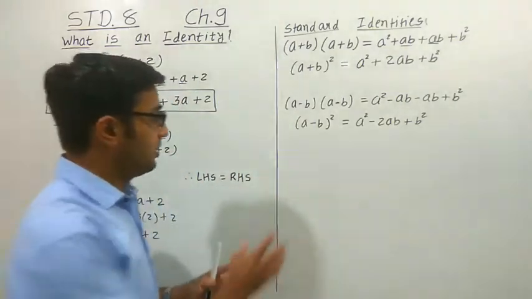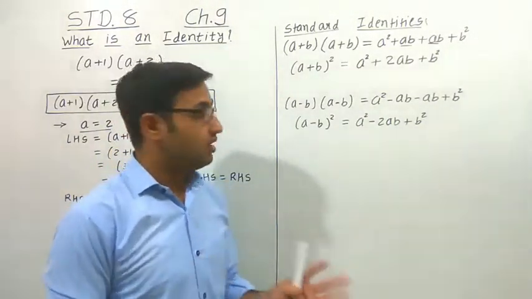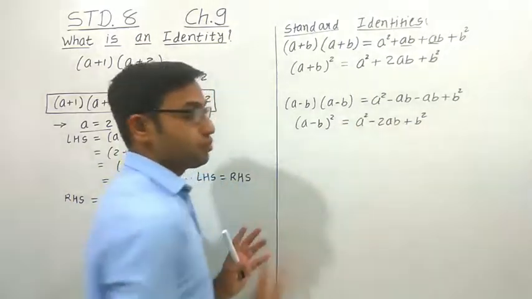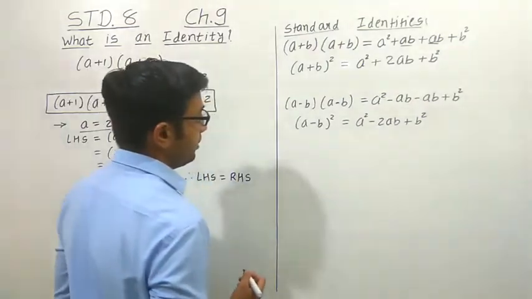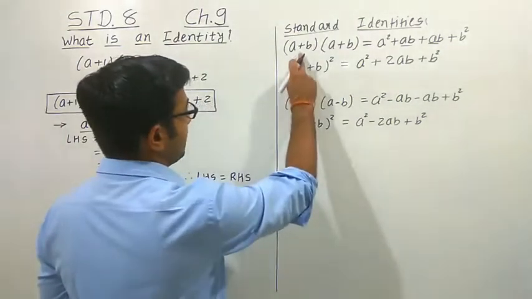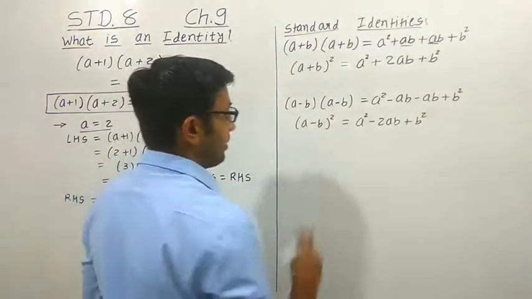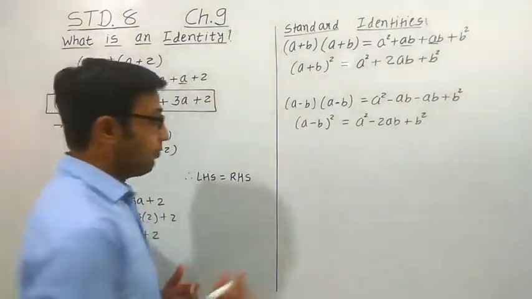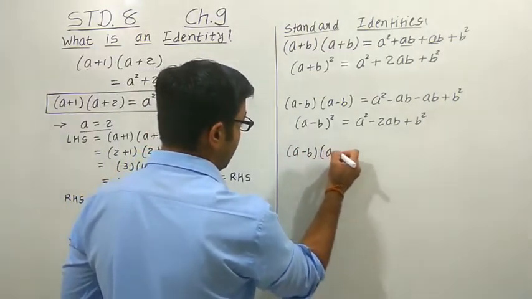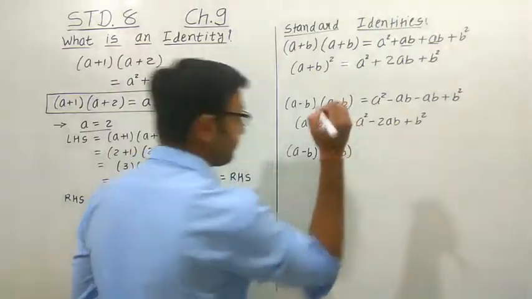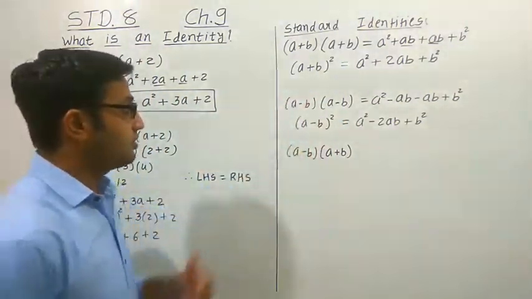So whatever it is, this first term and this second term, it may be any value, but we can write down this is equal to this. Understand? Okay. Let us study the third identity. Now here we can think that first of all we have taken both the positive sign. Second one we take the negative sign. Now what will happen if the first bracket has negative sign and second bracket has positive sign? Okay. So you can also make this kind of identity by thinking this way.